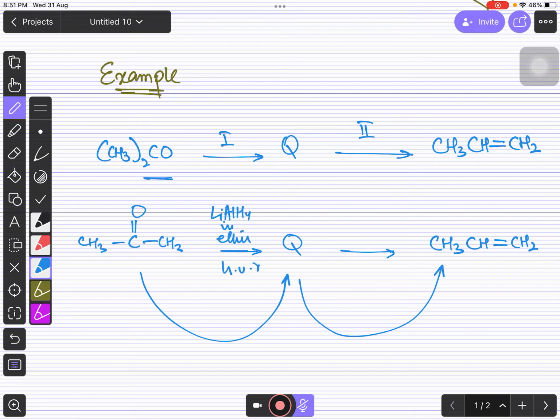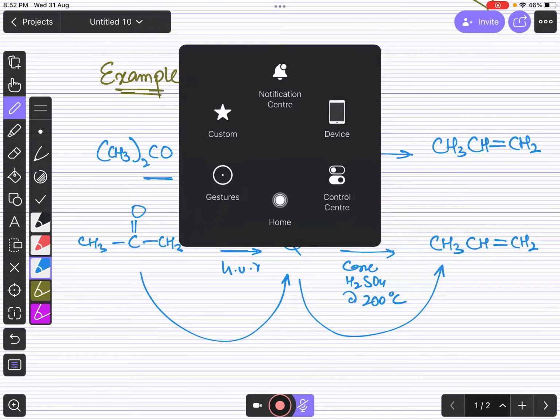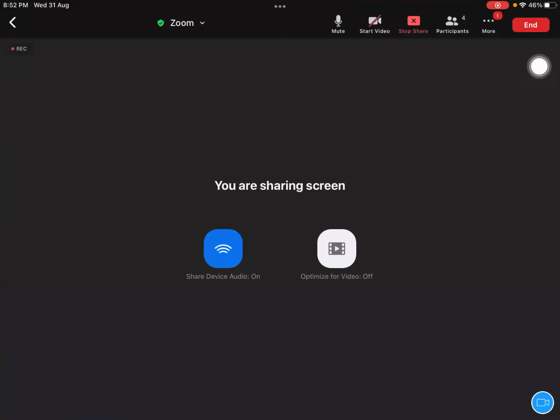So it will form alcohol, which is CH3 CHOH CH3. And you can apply concentrated sulfuric acid at 200 degrees centigrade. So it will form alkene. Right, bacho? Yes, sir. So this is what you need to understand in this chapter, and the rest of the things